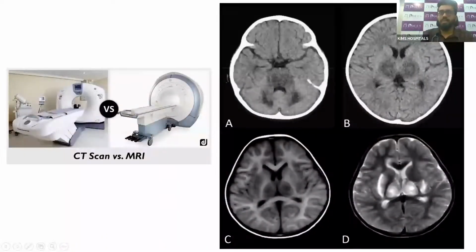So this question comes when my center does not have MRI in-house, or I need to shift a child who is hemodynamically unstable to another center just to get an MRI, or do I have to just get a CT to start treatment with steroids? I think you can get a CT, but the sensitivity is a little different. MRI has a clear-cut picture of the ANE. In the CT, you see there are hypodensities in the thalamic region. So you have swollen thalami, which are looking hypodense, and also changes in the brainstem and dentate nucleus can be seen on CT as well.